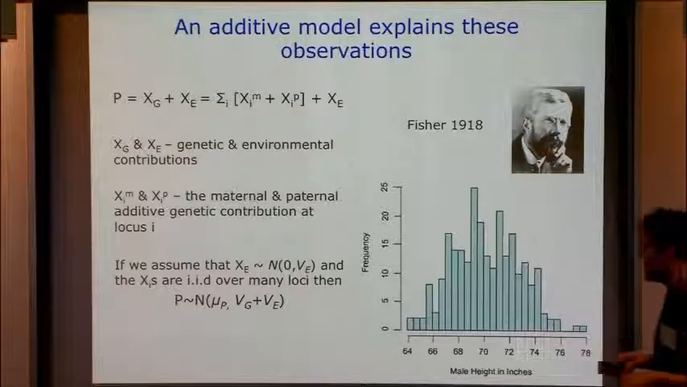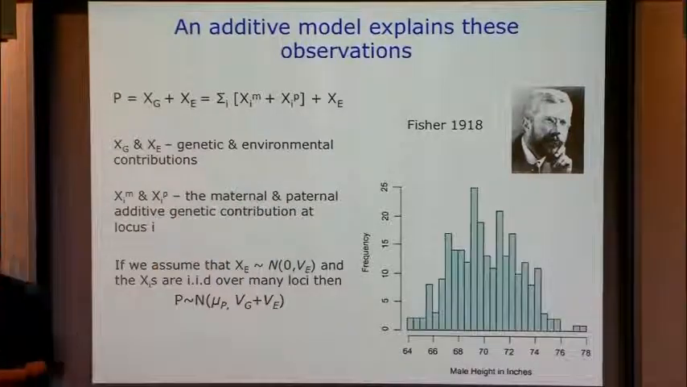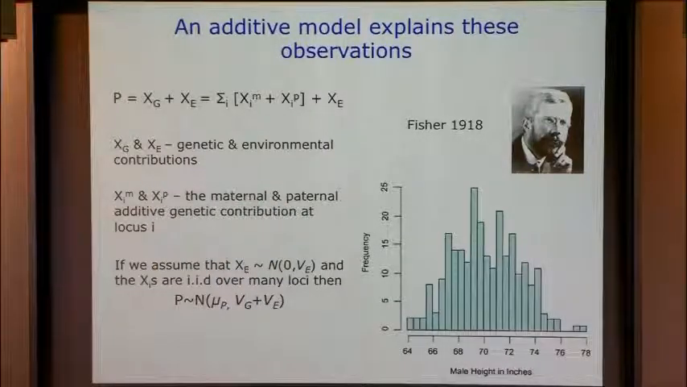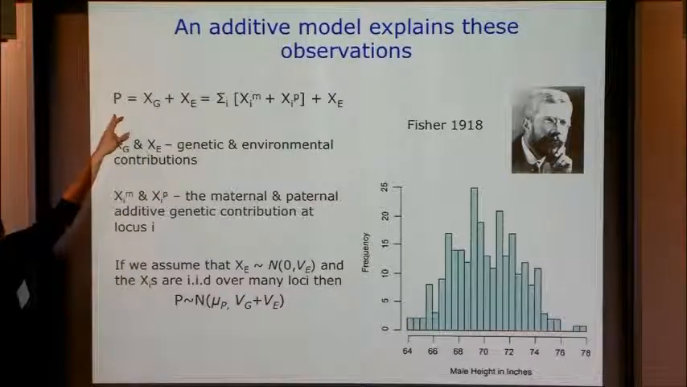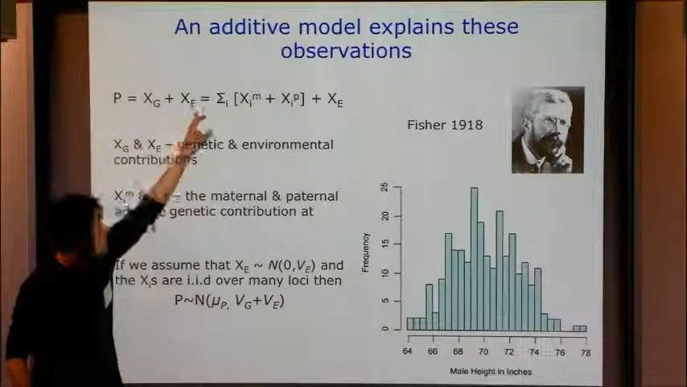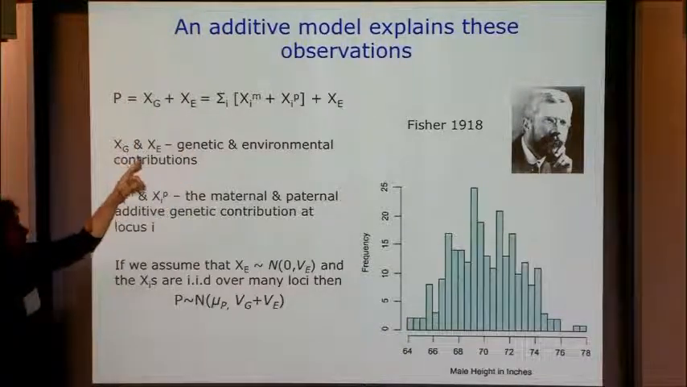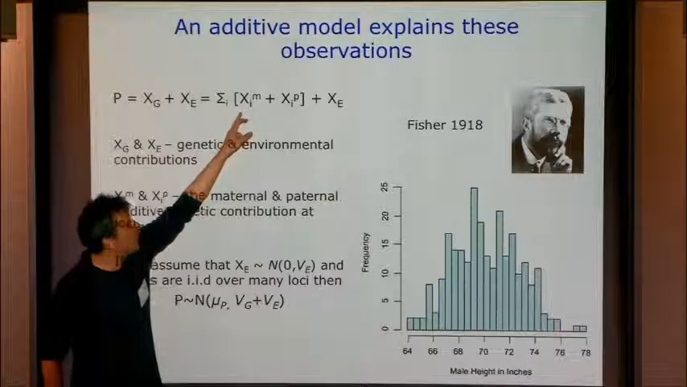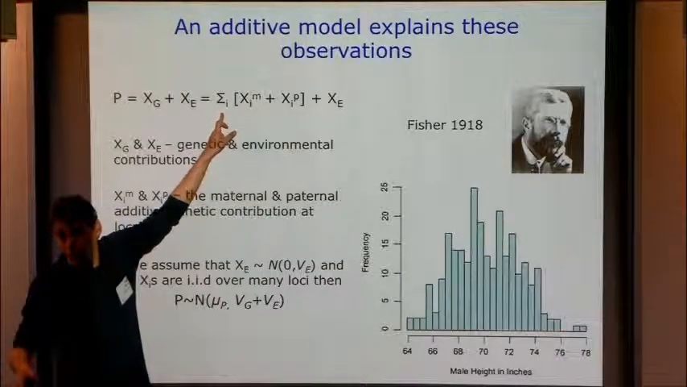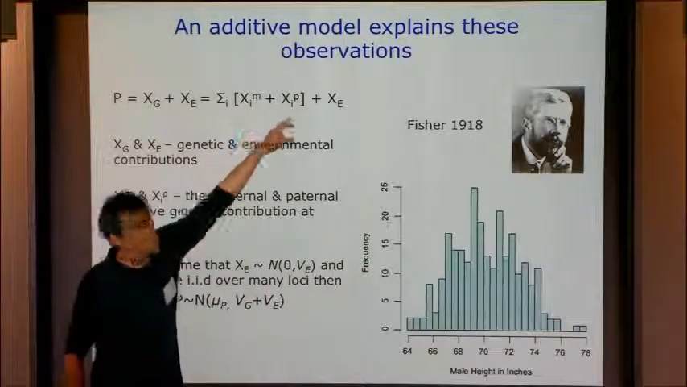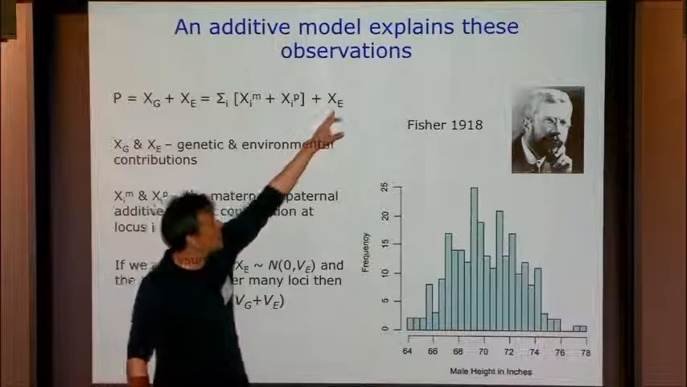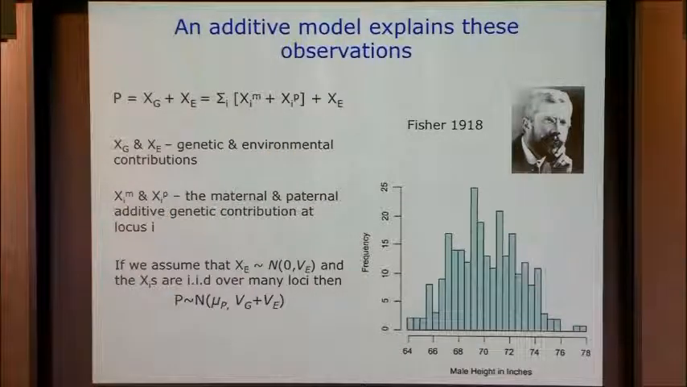In his seminal 1918 paper on the correlation between relatives on the supposition of Mendelian inheritance, Fisher showed that these observations and others could be explained in terms of a simple additive model. I wrote a version of this model here, where we assume that the phenotype has a genetic and an environmental contribution, and more specifically that the genetic contribution can be broken up into the contribution across loci, where here you have the contribution of the allele from the maternal and paternal sides, and this is the environmental contribution. And if